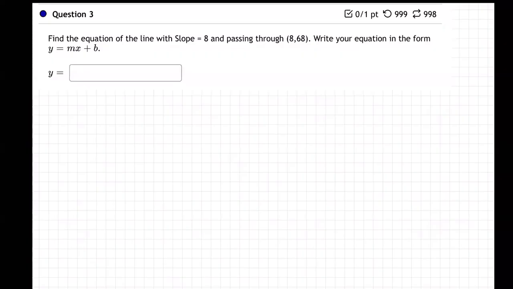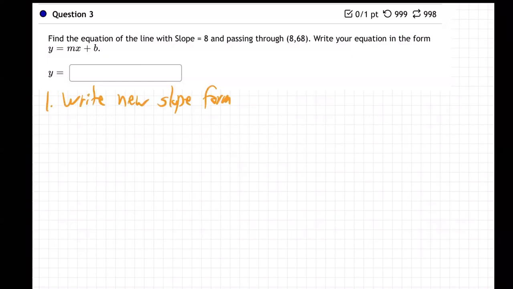Okay, so on this question, they're giving us a slope and a point. And they want us to write the equation in the form y equals mx plus b. Okay, this is a whole process. Let me lead you through it. So step number one is to write a new